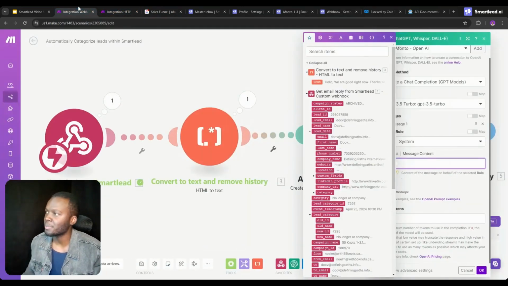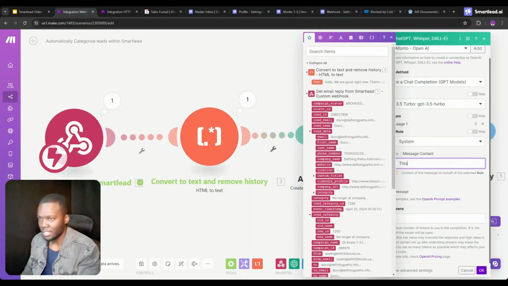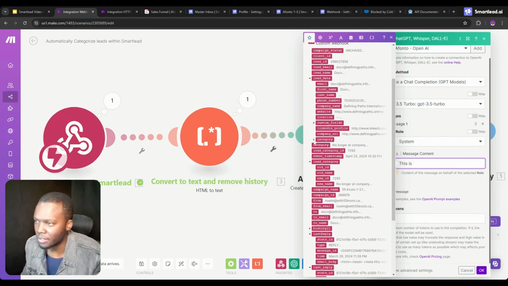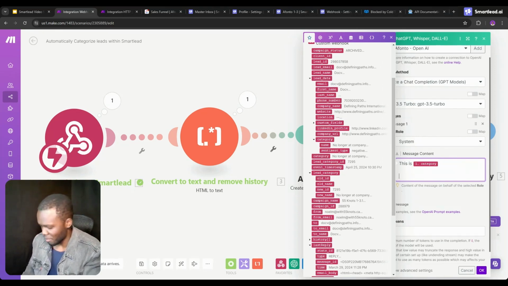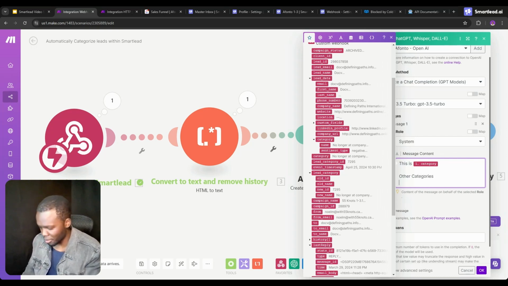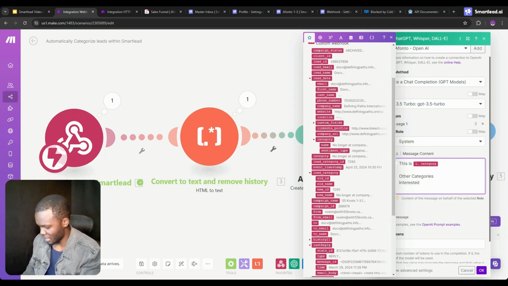this is the lead category, which would be found over here. So this is the lead category, and analyze the content of this message and determine whether it fits with this category more than every other category here. And so you can put other categories, and obviously you're going to need to refine what I've just said. How you're going to write these other categories is you could say interested, you could say meeting request,